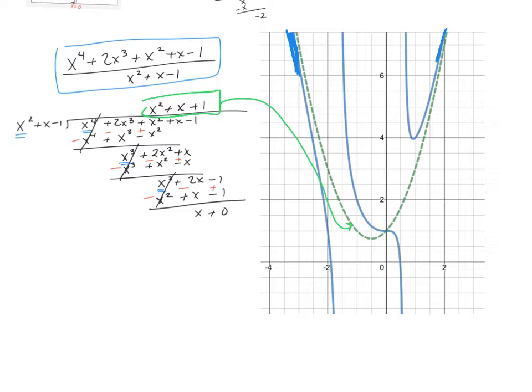We call it an oblique asymptote when our degrees are more than 1 apart. So remember it's p of x over q of x. If the degree of p of x equals the degree of q of x, then it's going to just be y is equal